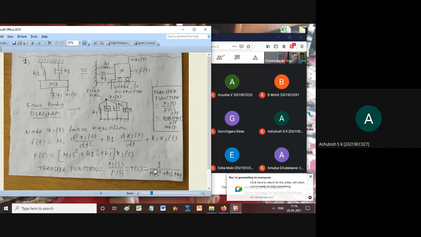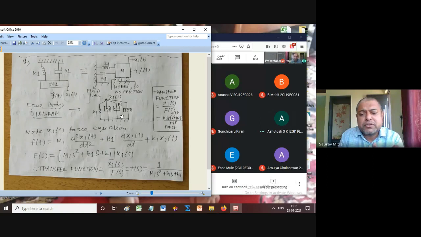Ashutosh, is it understandable? Sir, the step that f of t is equal to m1 d square x1 of t divided by dt square, I didn't understand. This is F equals m a, so you had to attend that class. Whenever I'm giving a force to a mass, how is this force getting translated into mass? Force is equal to mass into acceleration. So d2x1 by dt2 is the acceleration. You are giving force, and that is causing the displacement x1(t). So here it is x1(t), here it is velocity. Friction is related to velocity, mass is related to acceleration, and spring constant is related to displacement.